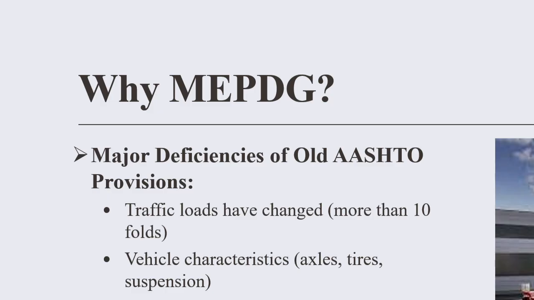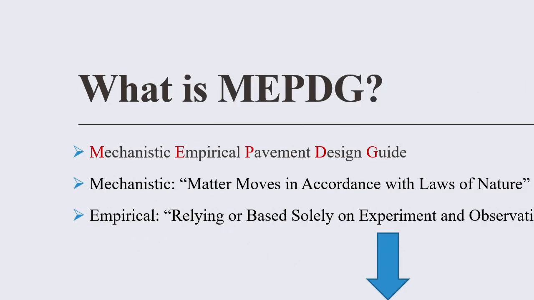Vehicle characteristics, as I said, have changed. Materials have also changed over the period, and drainage provisions have also been updated. So, well, why do we need a new approach? Well, I've defined it, but it says that the mechanistic empirical pavement design guide is a combination of the mechanistic, okay, understanding the mechanism, let me put it that way, and then the experience,